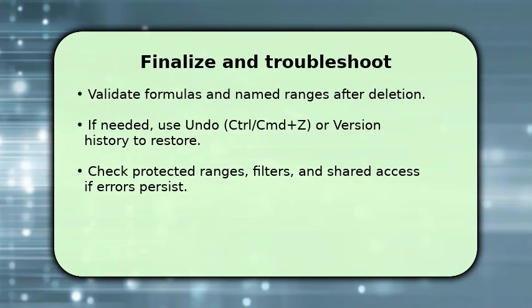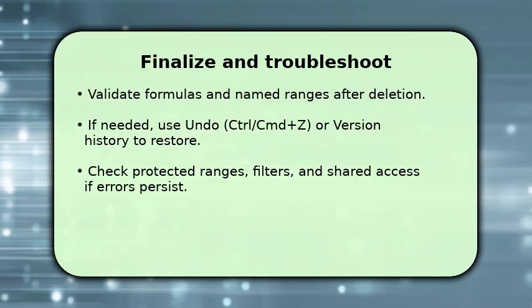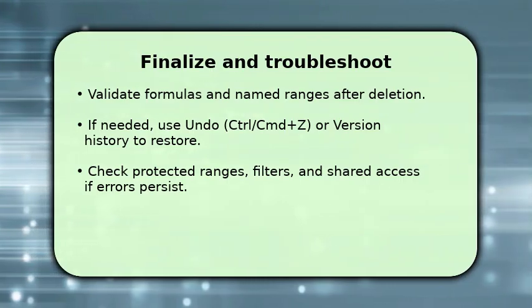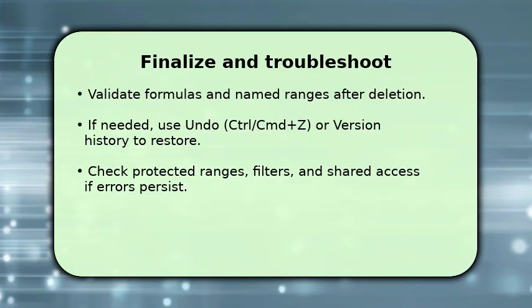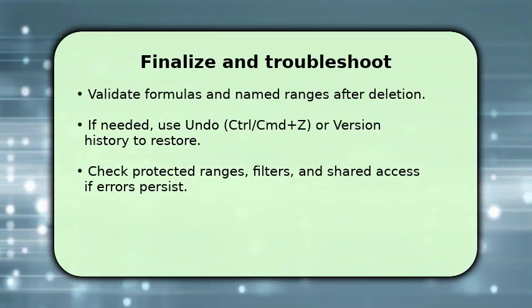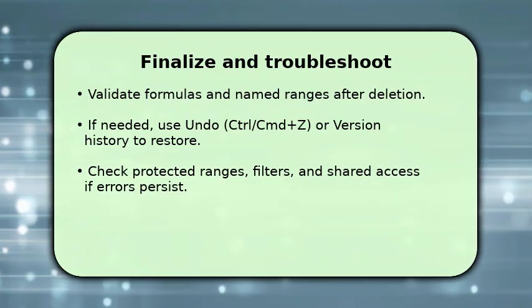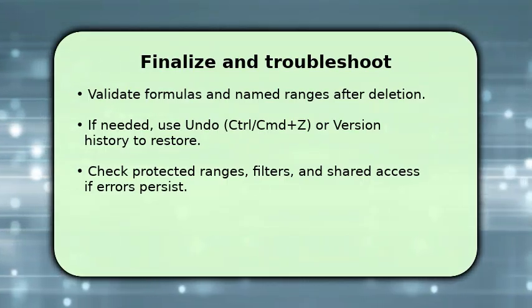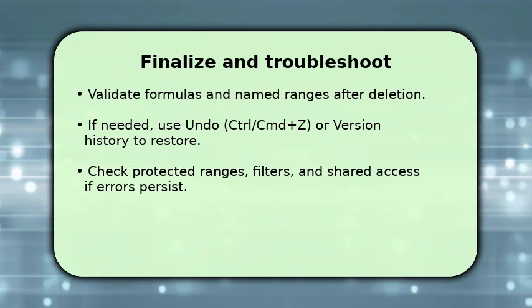If you deleted the wrong rows, immediately press Undo or open Version History to restore a prior state. If deletion fails, confirm you have edit permission, that protected ranges aren't blocking you, and that a filter view isn't hiding rows. One key troubleshooting tip: when edits behave oddly, revert via version history rather than manual reconstruction to preserve